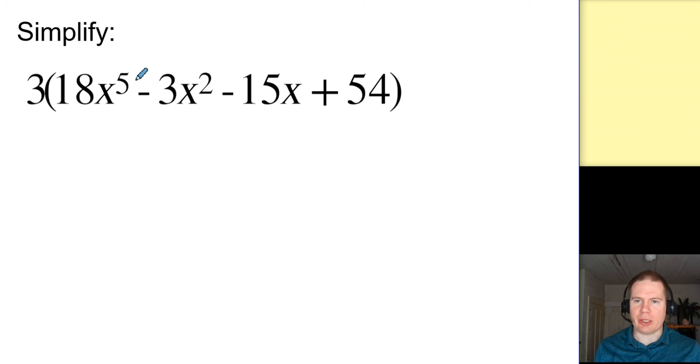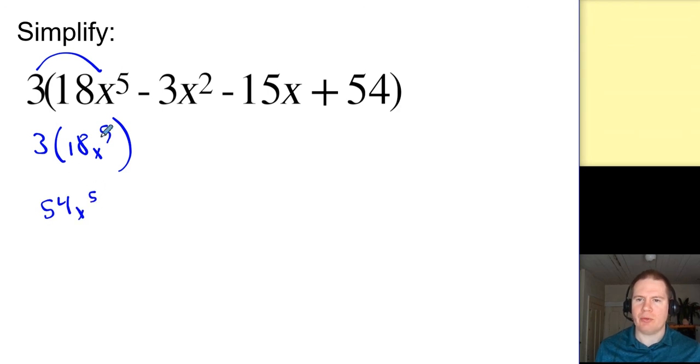First, do I have any like terms here? X to the 5th, x squared, plain x, constant term. No like terms to combine, so all I can do is distribute. Okay, so the 3 times 18x to the 5th. 3 times 18 is 54, right? 30 plus 24, 54